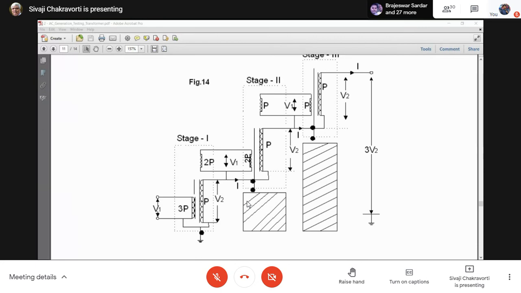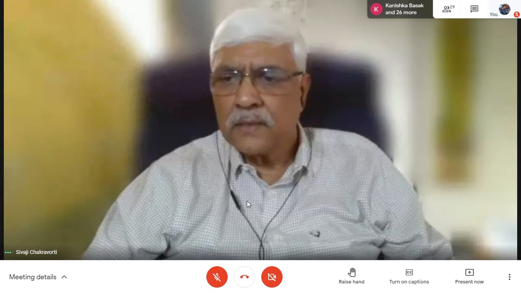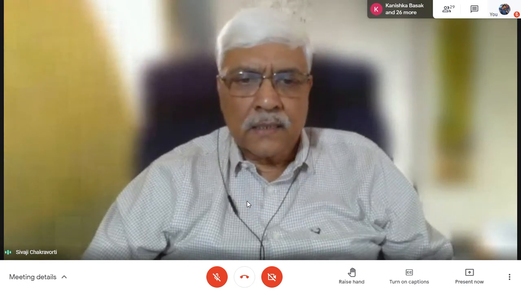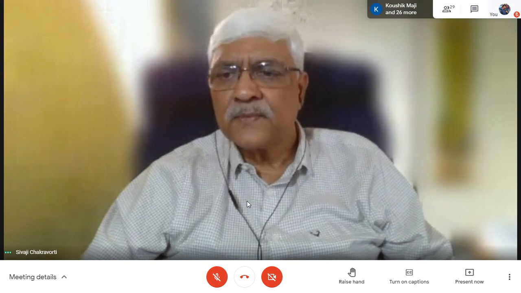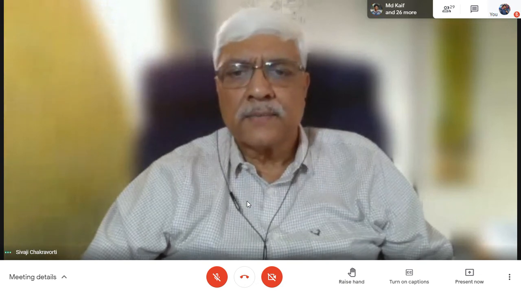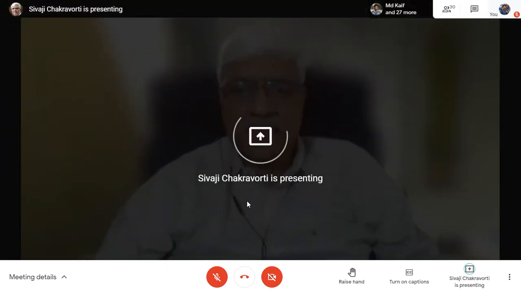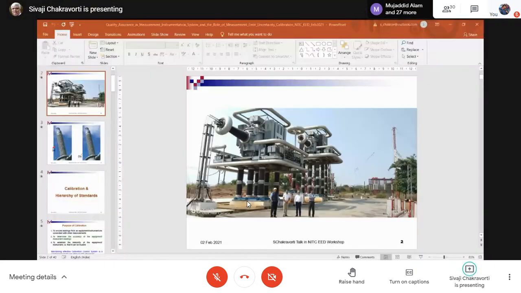I think this other one, the diagram, you can see this. Let me again show you. Here. Now you see this, it is coming on your screen. The same photo, again I am showing you. See this first one, left one. This is transformer number 1. You can see the insulating structure on which it is placed. It is not placed on earth.